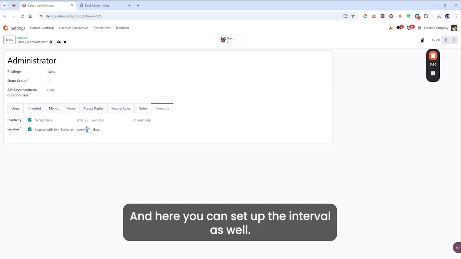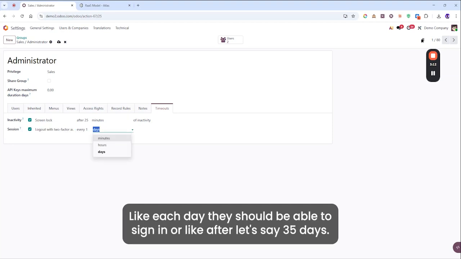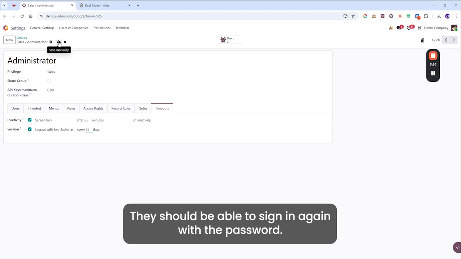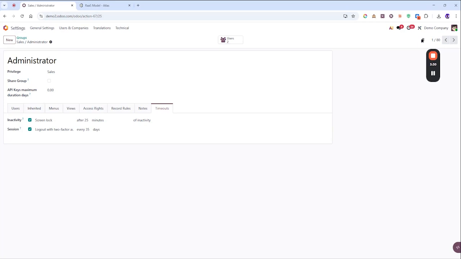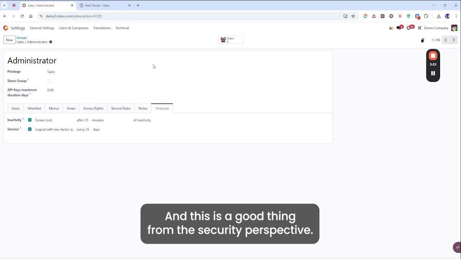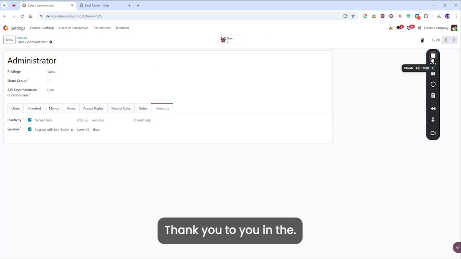Here you can set the interval as well: each day they should sign in, or after, let's say, 35 days they should sign in again with the password. So this is how you can manage the inactivity and session history, and this is a good thing from the security perspective. Thank you. See you in the